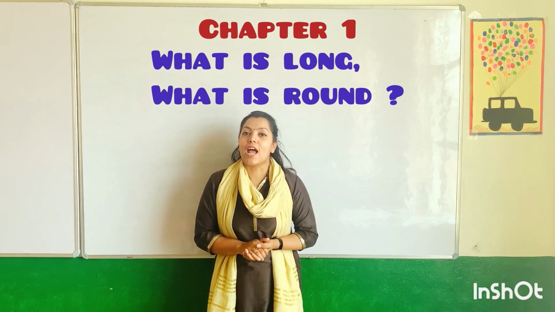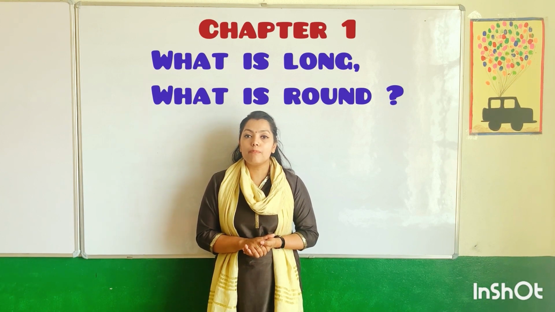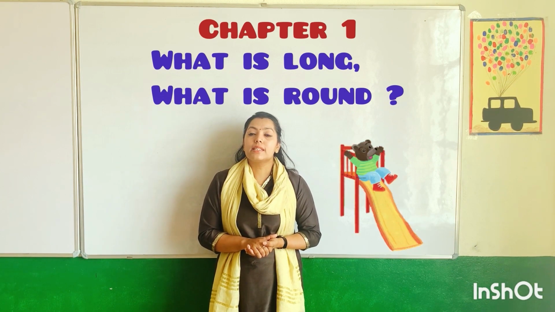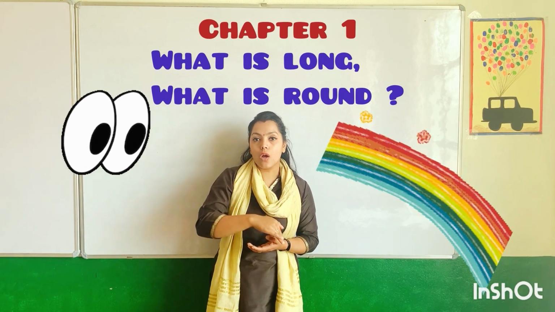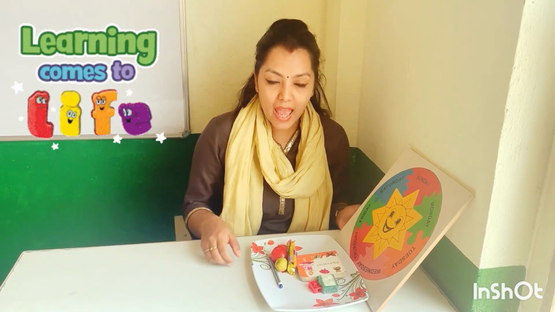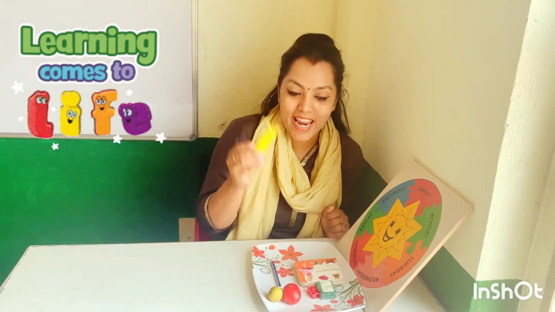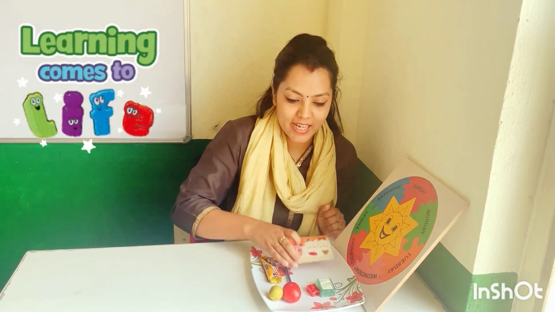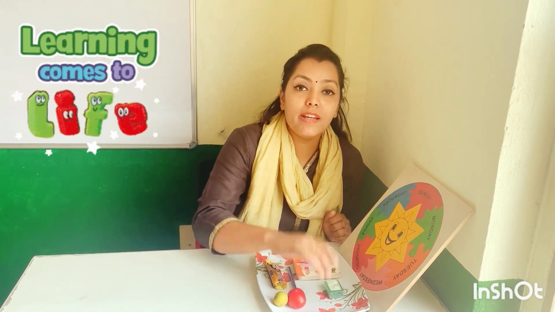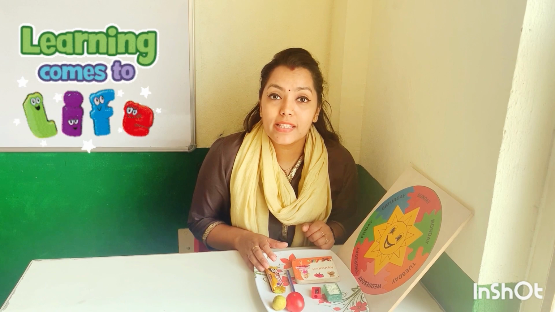So students, in our today's class, we will do one activity. In this activity, we will put several things on a slide and see whether they slide down or they roll down. So come, here we go. Hello students. So here I have one tomato, one lemon, one pencil, one chocolate, one book, one soap bar and one sharpener. So let's see whether these things roll down or slide down.